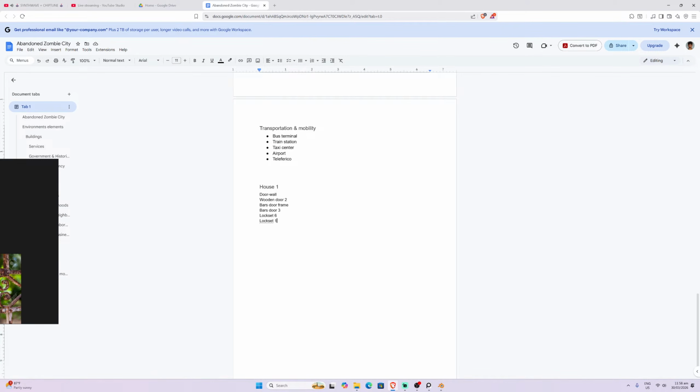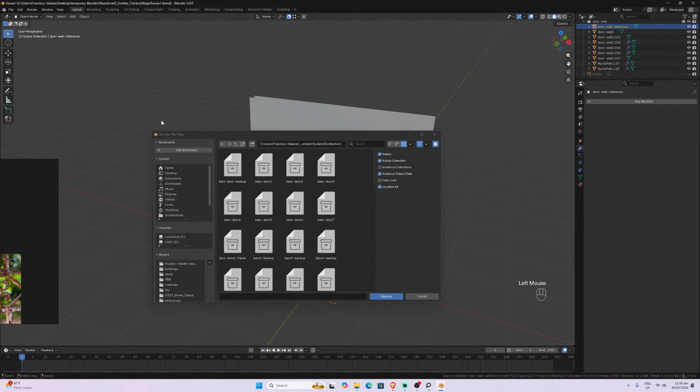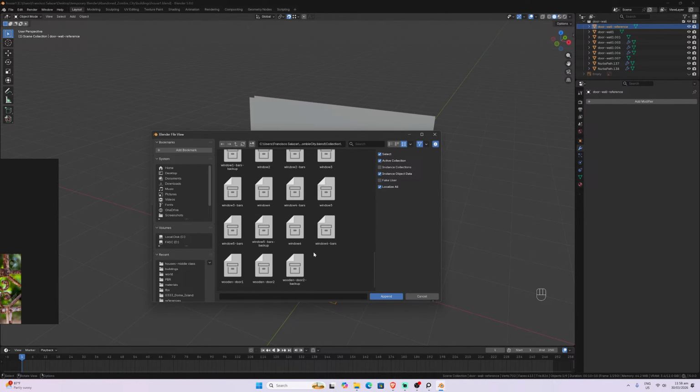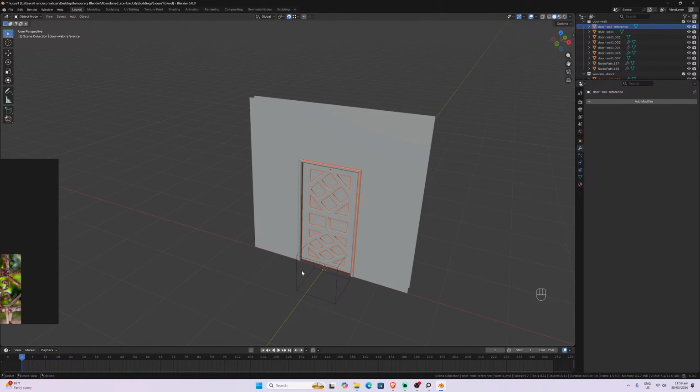Let's look for wooden door 2. Here I think that we should delete something.